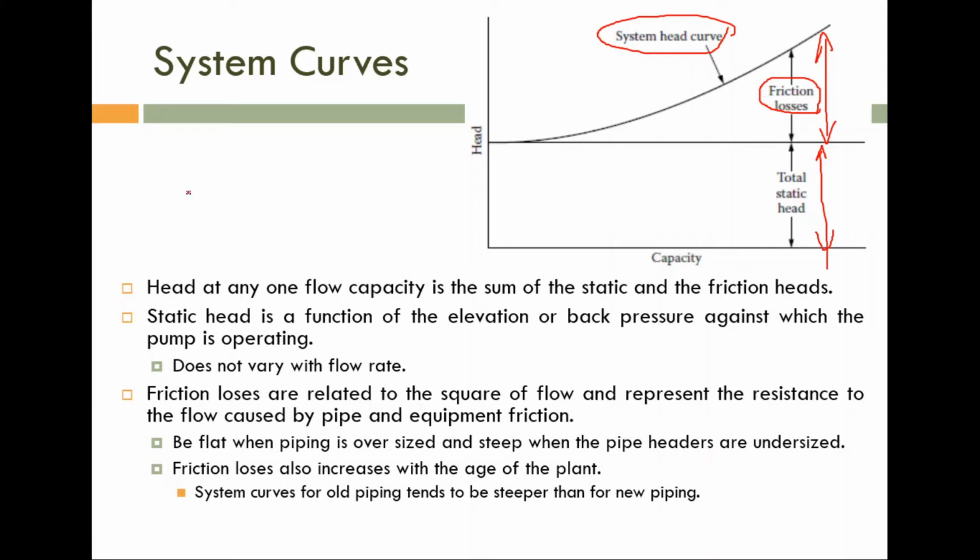For example, say this is P1, the input pressure, and this is P2, atmospheric pressure. This P2 is also an important factor. If you are opening this one to atmosphere, P2 is 0. So definitely this static head depends upon the pressure difference. If you have a bend like this one, and this is P1, then the static head depends upon this P1 only. If you are opening P2 to atmosphere, what is happening if this one is a boiler?